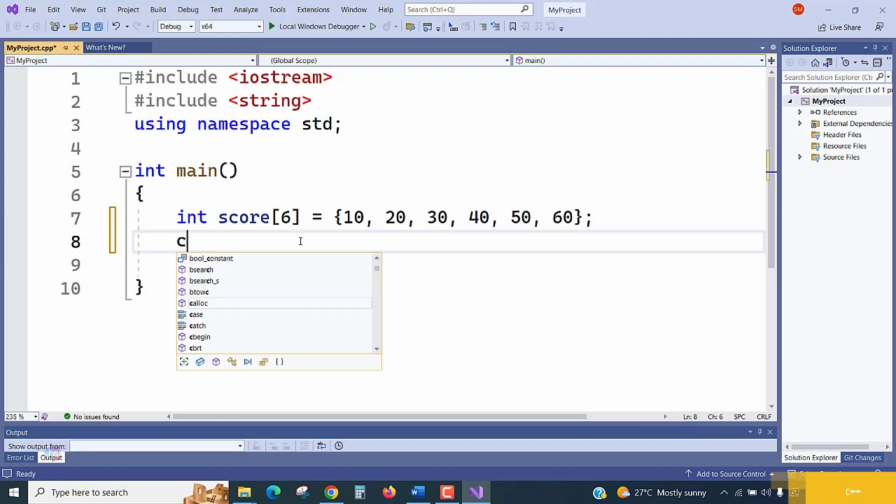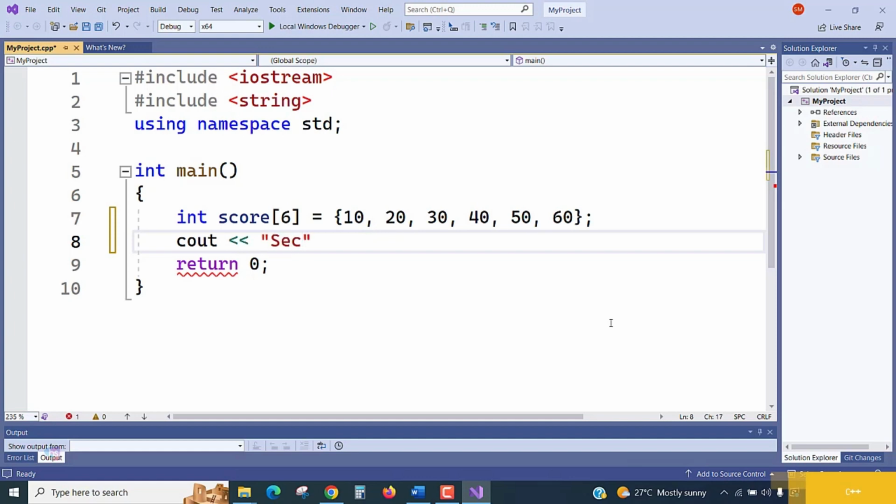Now reading of an array variable is done with cout. Using cout, we have to use the standard library with using namespace std. Okay, iostream and string and namespace we are using here. Now cout to read the array, you may see here: selected score is, take a